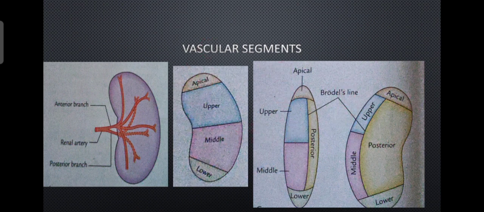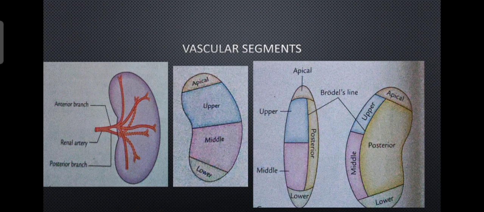Okay. And here I want to mention that these segmental arteries and also the renal arteries are end arteries. End arteries are arteries that do not anastomose with each other. So if any damage occurs, that part suffers from a lower blood supply, so that the cells may undergo infarction and die.